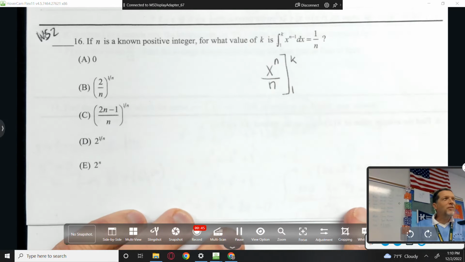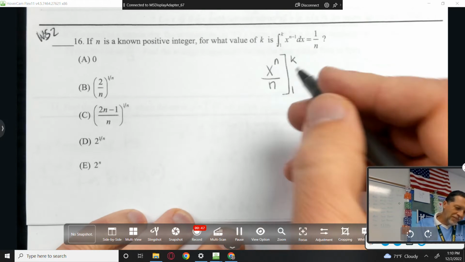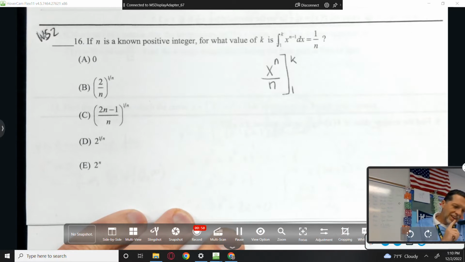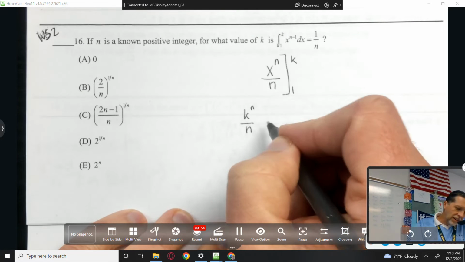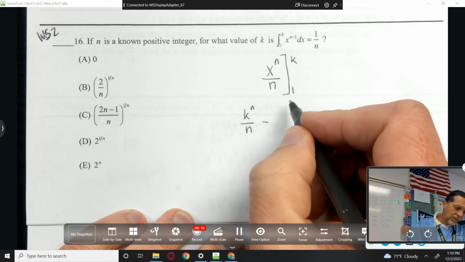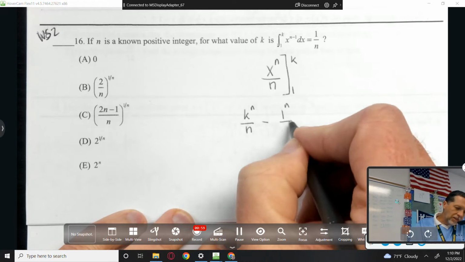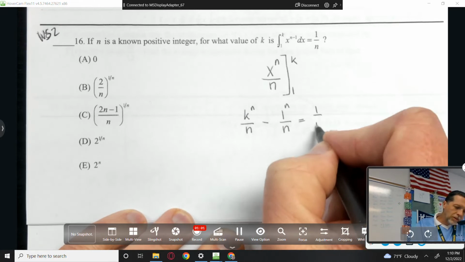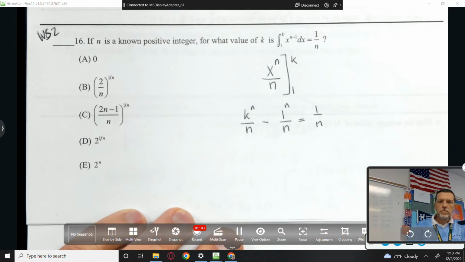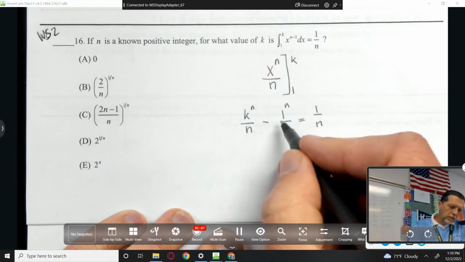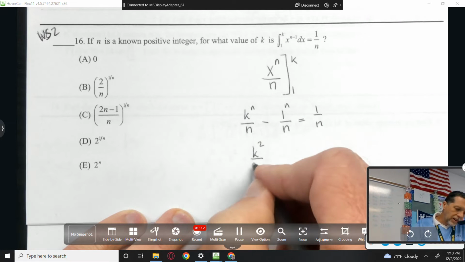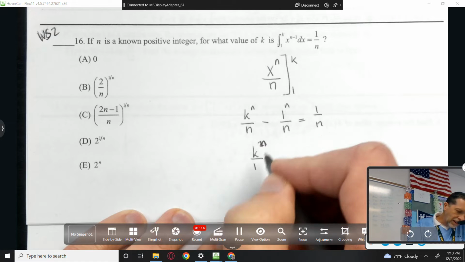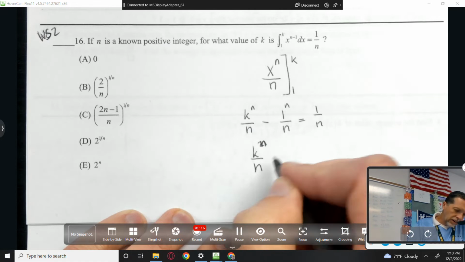Are you solved from here? Are we good? Yeah, I'm good. Let me go ahead and finish it. So if I plug in k, that's k to the n over n minus 1 to the n over n, and that's supposed to equal 1 over n. We're still looking for k. 1 to the n is just going to be 1. So k to the n over n